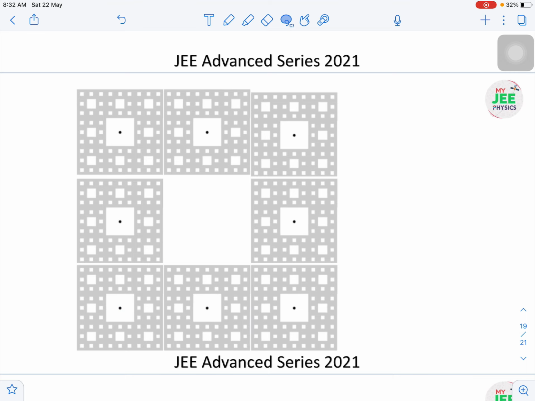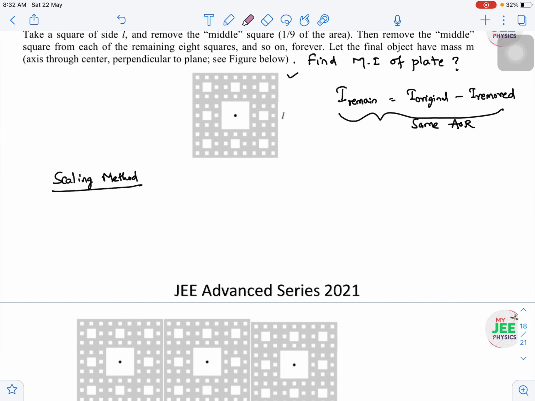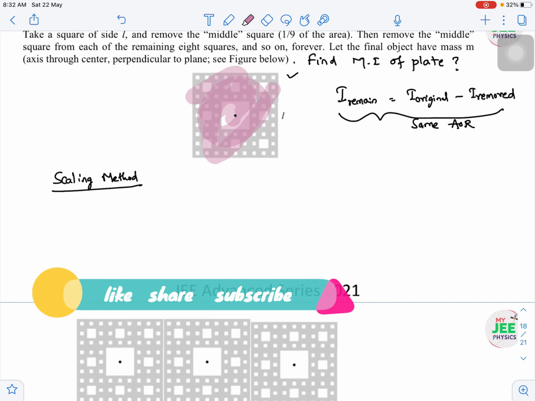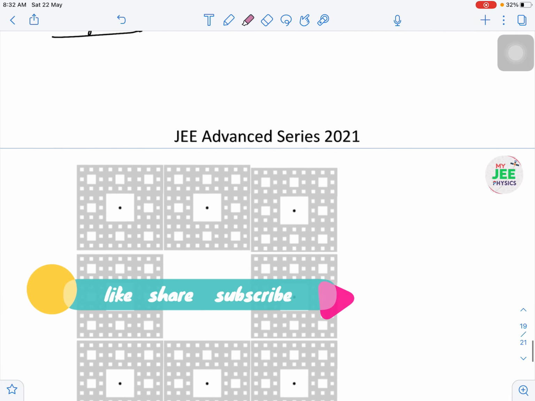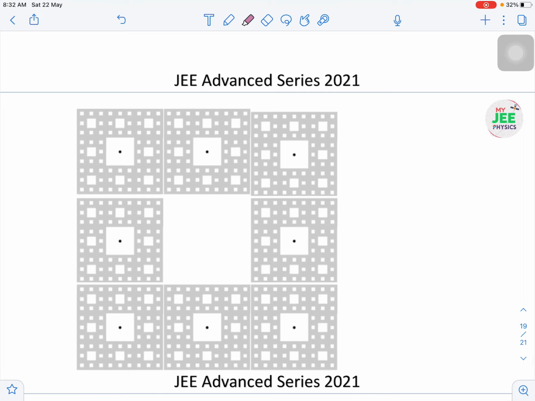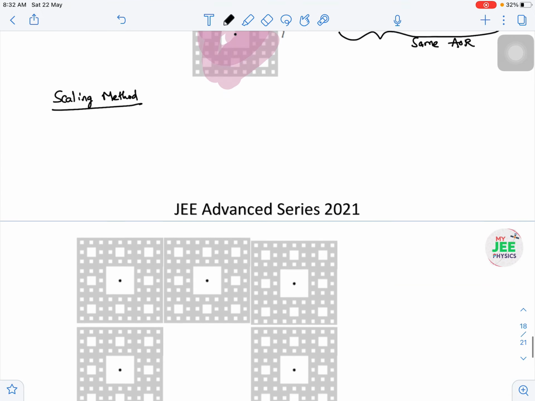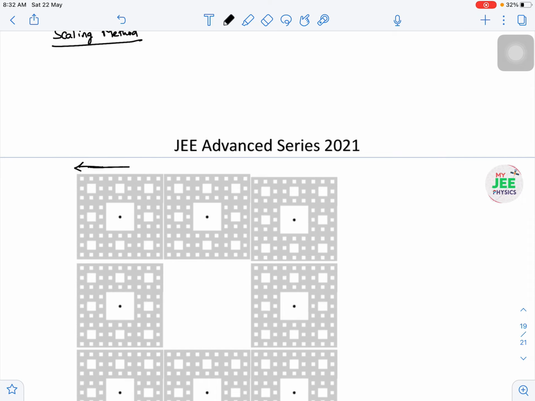Now this is the object I'm taking. Actually this is the part for which we require the moment of inertia. Now I got this. Total I have taken 8 squares and constructed a big object. Now what is the dimension of this object? For the given object the dimension is L. Now for this we have a dimension of 3L.